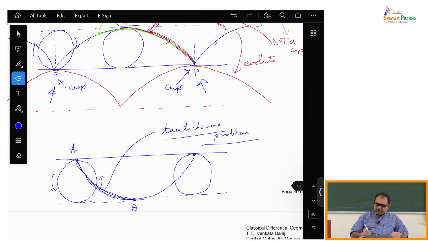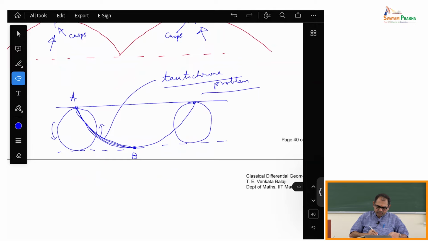So the Tautochrone problem is that you are in a vertical plane. The idea is the following. You want to find a curve